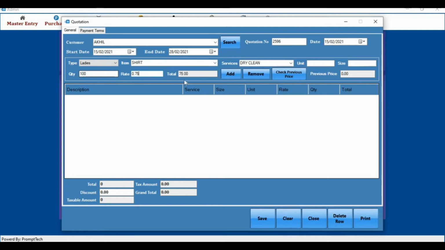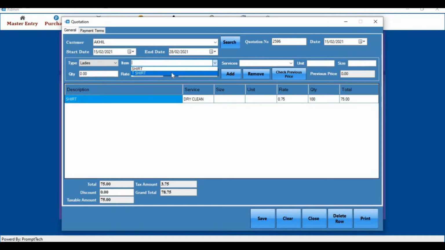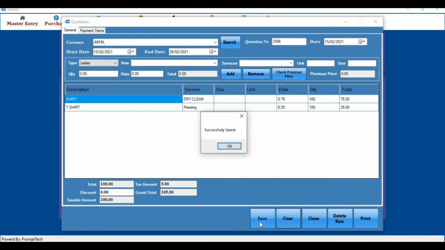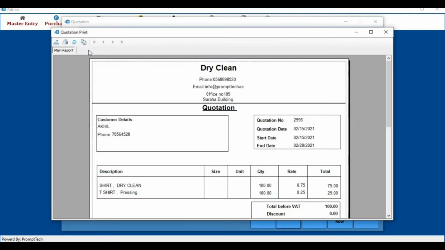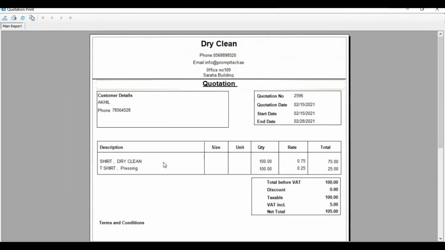So the services I'll be providing, I'm mentioning that as well. Unit number you can provide, the quantity also you can provide, right? So here I've just added the services, and accordingly it is 100 for dry cleaning, and for ironing it is different. So you can keep on adding the services you're providing to a particular person you're raising the quotation for,